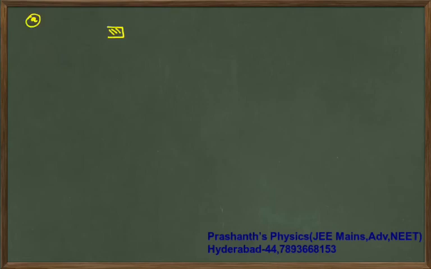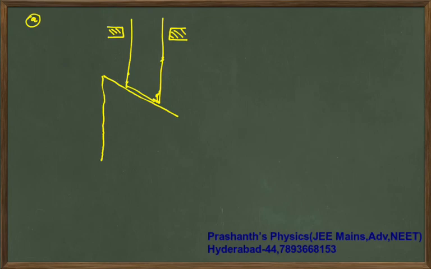Alright, your next question is this. You have a fixed surface like this, then upon this there is a rod, and the rod is not of this shape, it is actually like this. Then upon this there is an inclined wedge. This angle is 90 degrees and this is a fixed inclined plane.